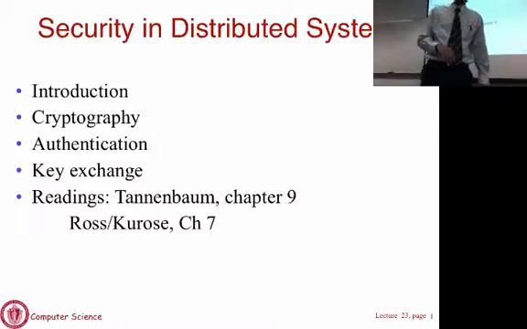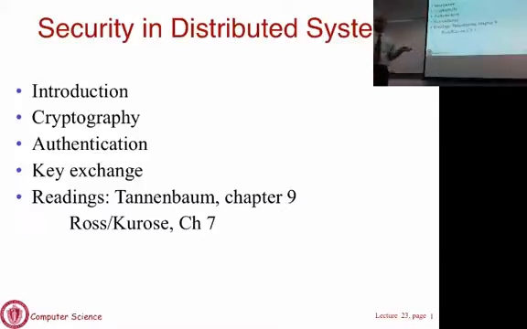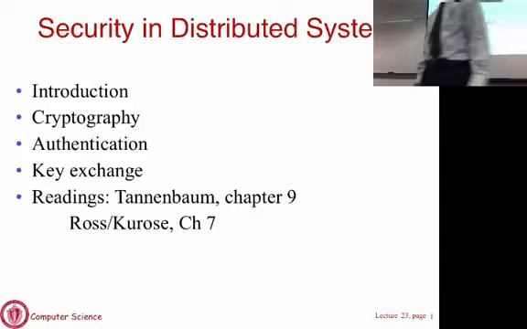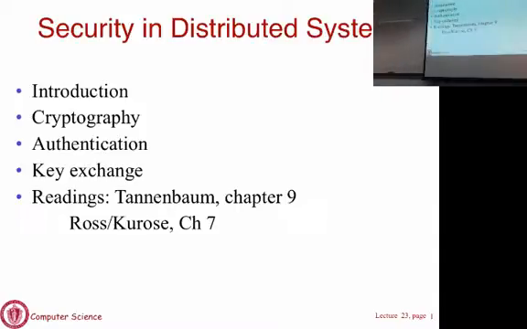Okay. So what we will do today and Friday's class is chapter 9 of the book, which is going to be on distributed system security. I usually do this more briefly than other material because security is a topic on its own. There is actually an entire course that you can take, a grad level course on security. So rather than duplicating the same content, this is going to be a high level overview number one today, and